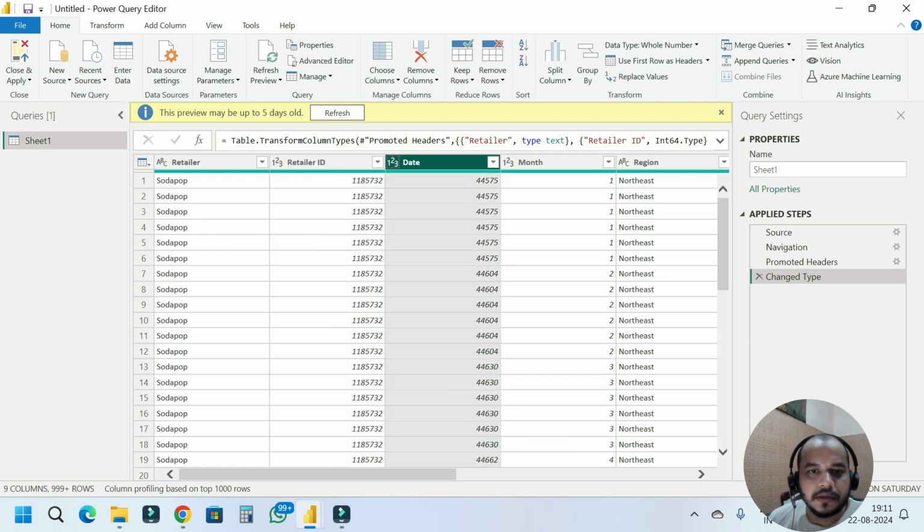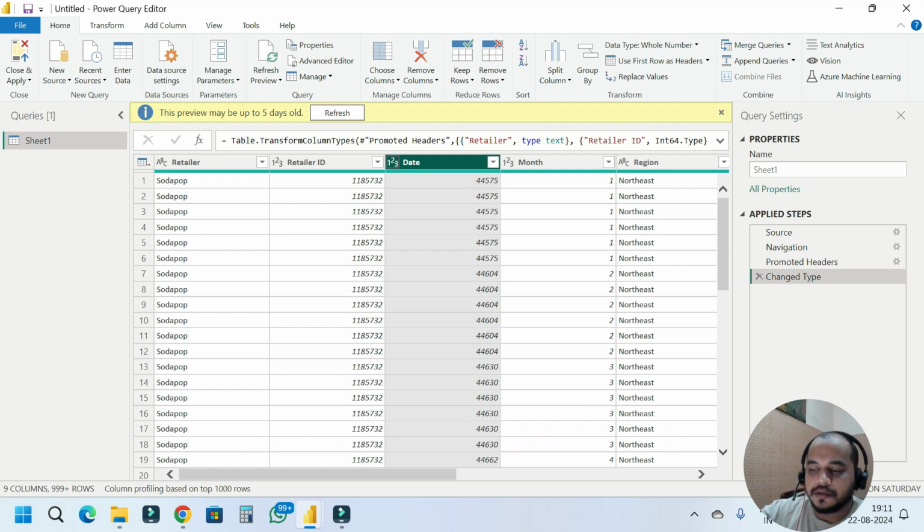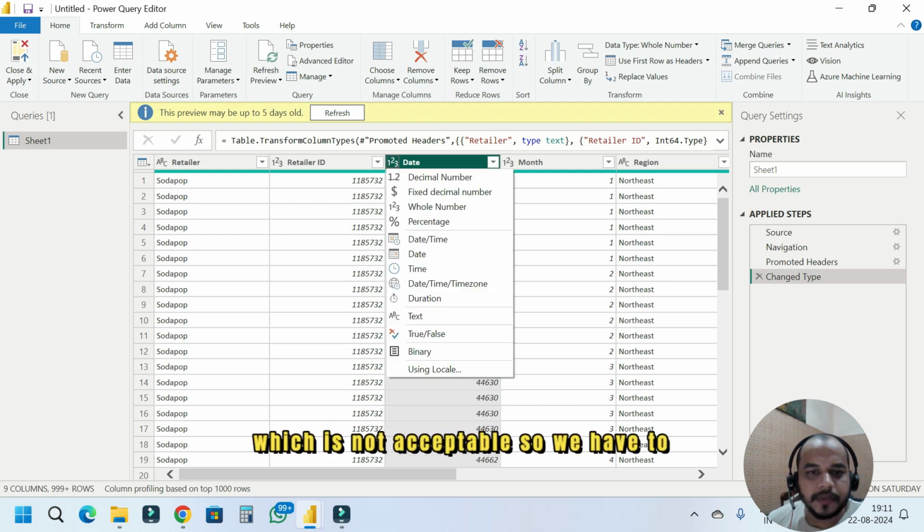You can see in the date column that the data type is whole number, but the data type should be date, and you can see the dates are visible like this number, which is not acceptable. So we have to change this data type to date,